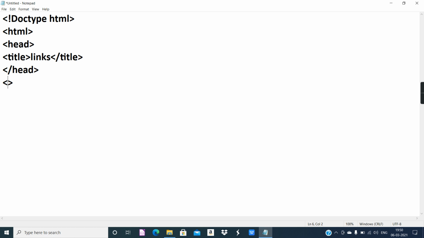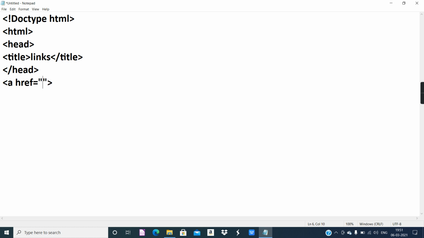In HTML, to create a hyperlink you must use the anchor tag. The name of the tag is A. A stands for anchor. Anchor means it is going to link something. That is the general meaning of anchor in spoken English. The anchor tag has a very important attribute known as href, which stands for hyperlink reference. Here you basically provide the file name, or the URL of a website.